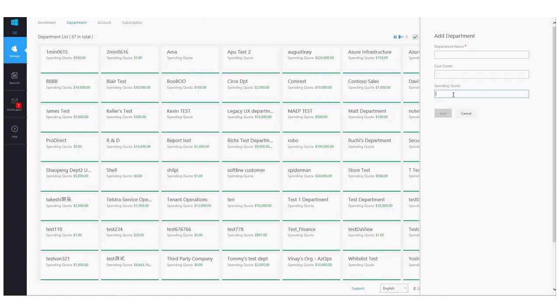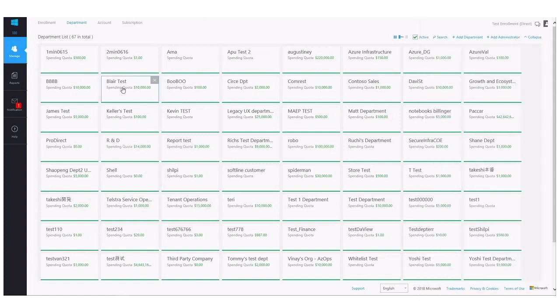It will allow them to go beyond that amount. It's not a hard cap. The last thing that Enterprise Azure wants to do is shut down any services you have running in production. Instead, it's there to serve as a reminder in case you're not actively paying attention to the spend that's accruing within this particular department. It's very quick and easy to add a department. Once you select Add Here, you'll notice the department pop into the list here on the left side.